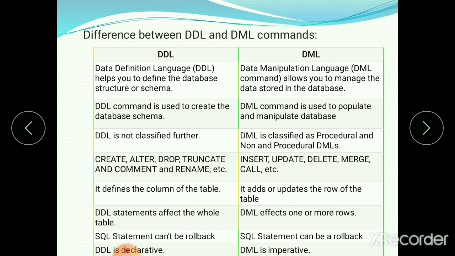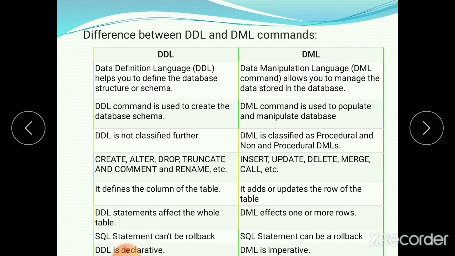Then what are the commands in DDL languages? Create: how to create a table. Alter: if you want any changes, use the alter query. Drop: if you want to delete any table or any column, use the drop query.